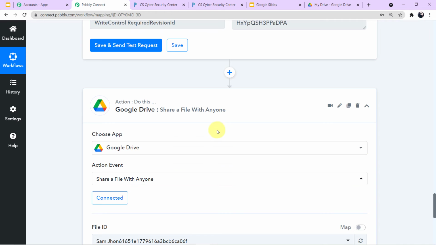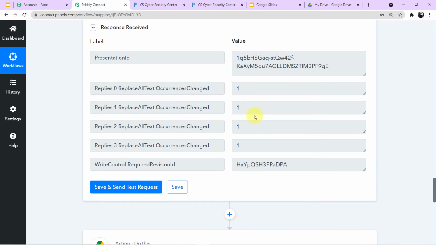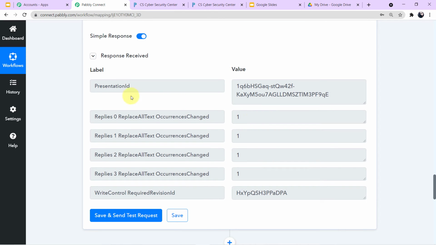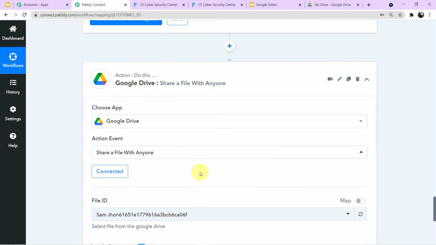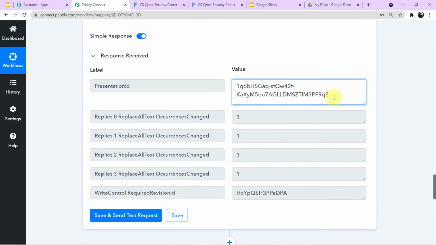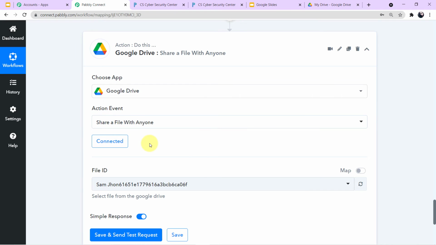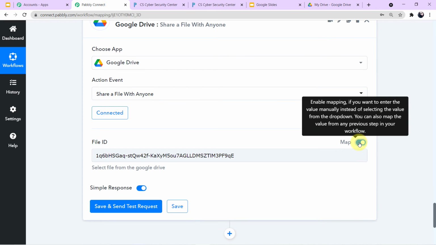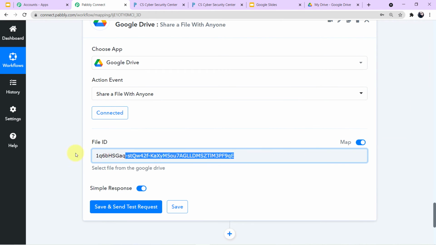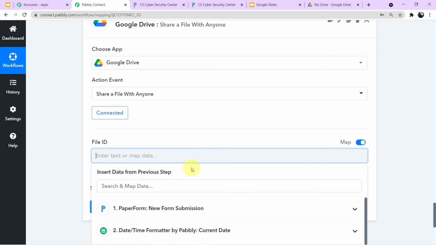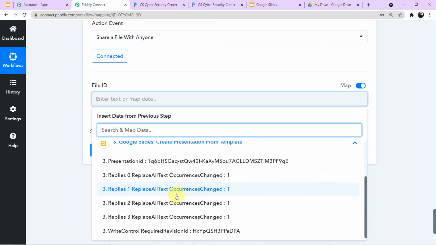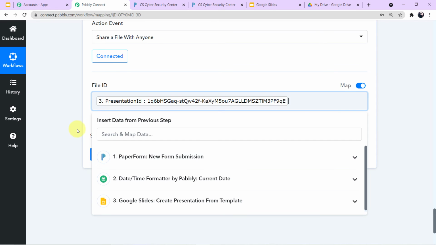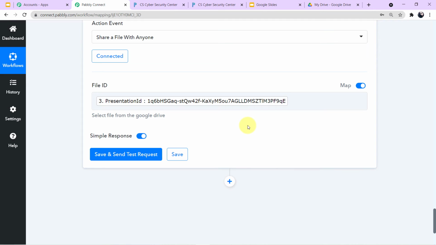If you come back up on the responses in the Google Slide responses, here you can see it is written presentation ID in the responses. So this particular link we have to map here. This is the location of the folder. So this particular location we will map here. How? You have to come down, you have to unbutton this first. Now delete the previous value, come to the scroll down here, come to the responses of Google Slide, and here simply map the presentation ID. Simple. So we have successfully mapped the location of the folder.